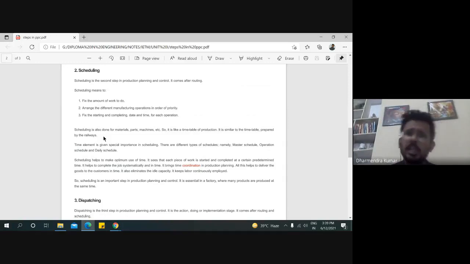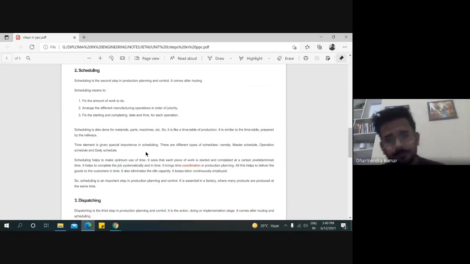Like that, scheduling ensures the priorities of manufacturing processes which have to be done on that object to transform it into the final object. Time element is given special importance in scheduling. Means in a particular time, like 5 or 6 minutes, you have to complete that operation.